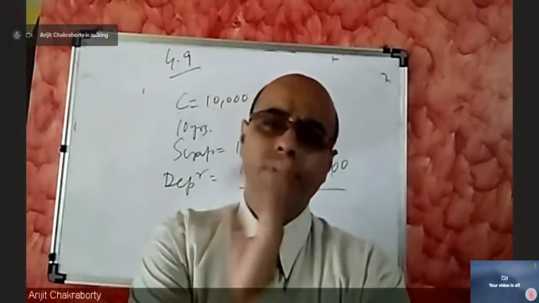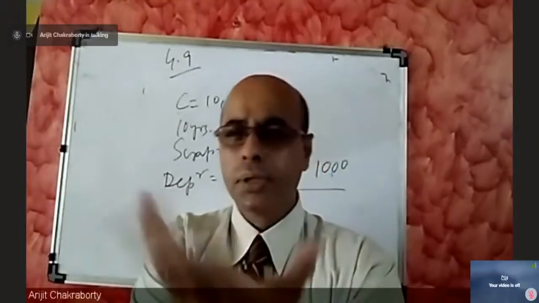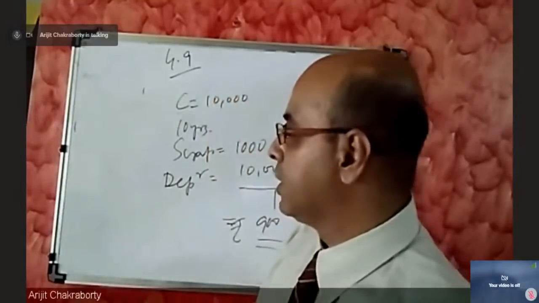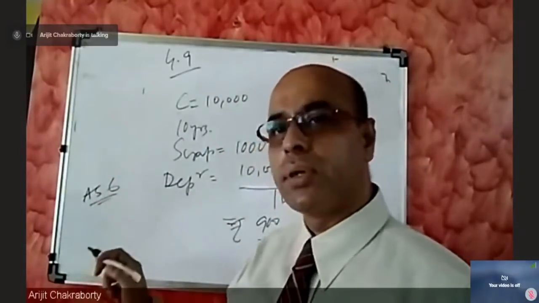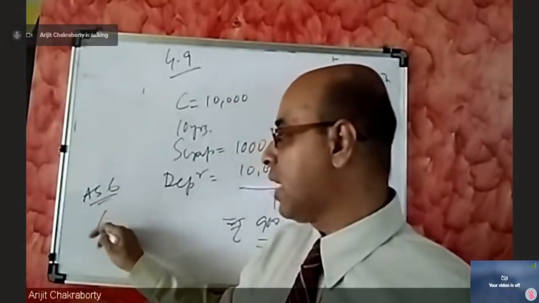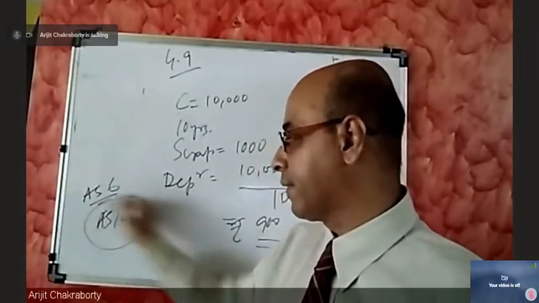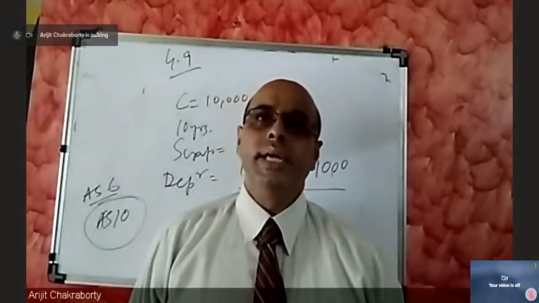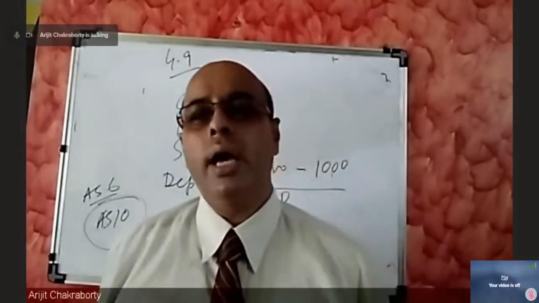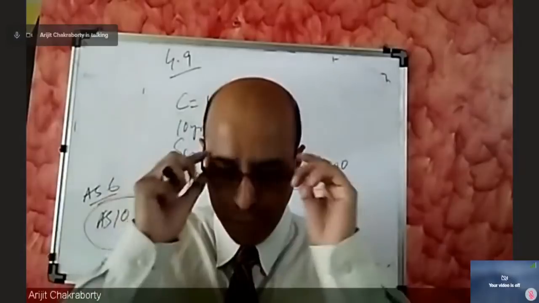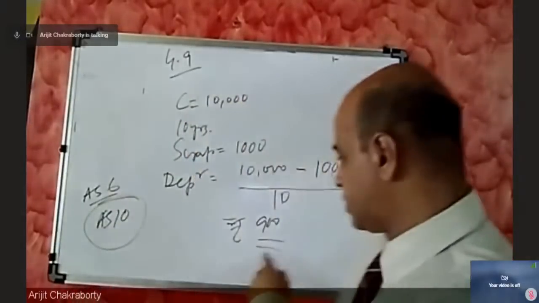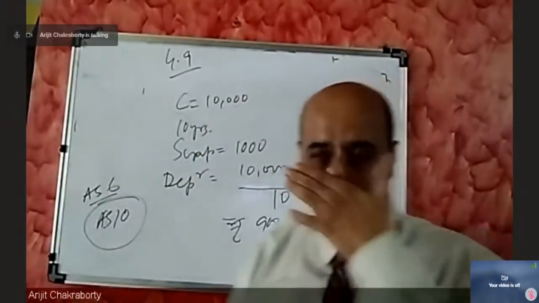This is the accounting part. You know accounting standard 6, AS6, you will find in your study material. This was the standard on depreciation. Now it is integrated with AS10. Fine. The question is, is depreciation a cash expense? No. A company does not pay this 900 rupees in the form of cash. Okay, but what it does,